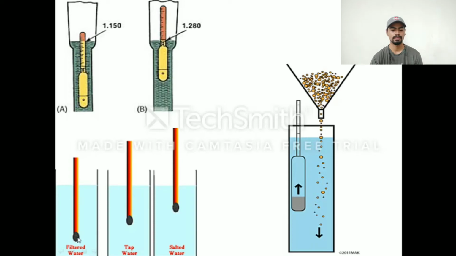Okay, like this. Say it is pure water. When you add a few minerals, it will rise up. Again adding a few more, it will again rise up. Okay, so this is how you can calculate the density of a liquid. I hope you are clear with the device hydrometer and how to use that. Now let us quickly move to our next topic, that is speed.